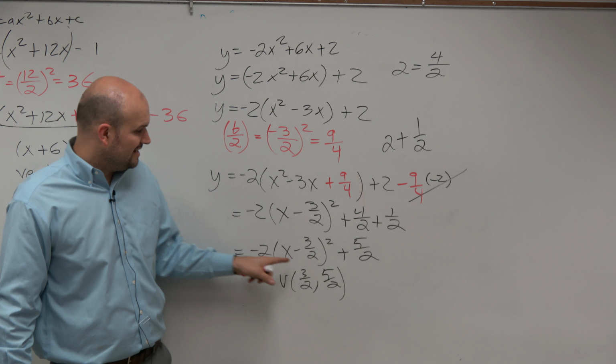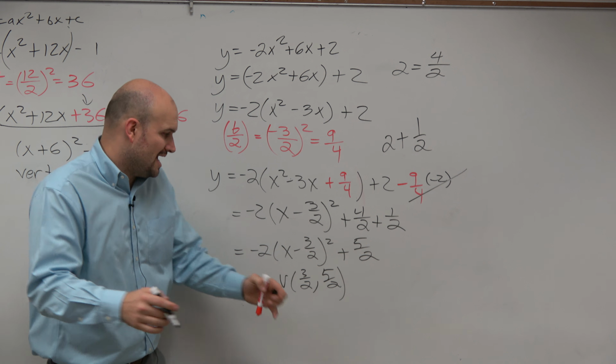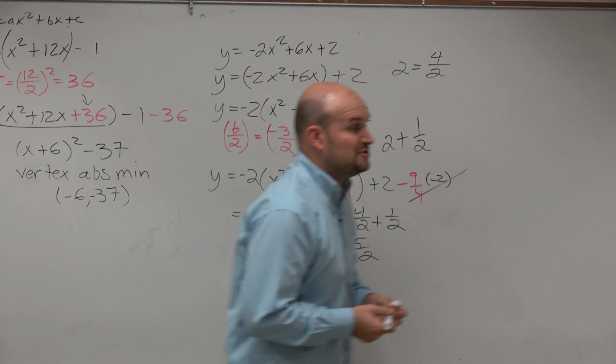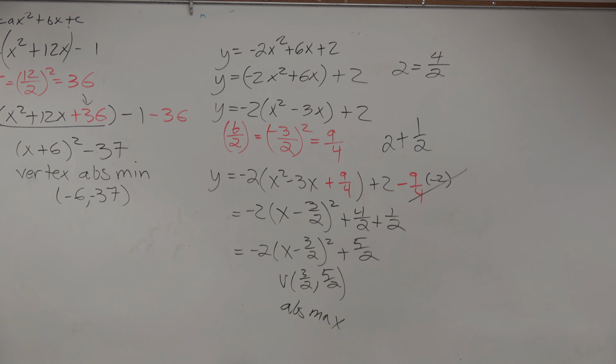OK? Then we know this is negative, so we know the graph opens down. So therefore, this is an absolute max. OK? I'm just telling you guys to put this in context. The other class periods,